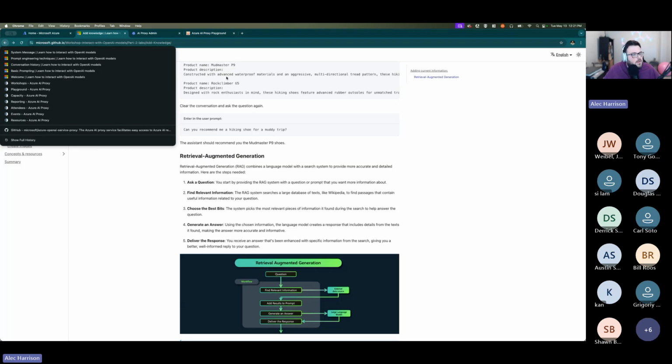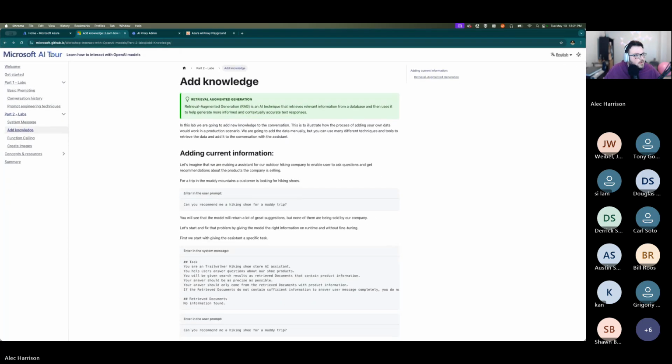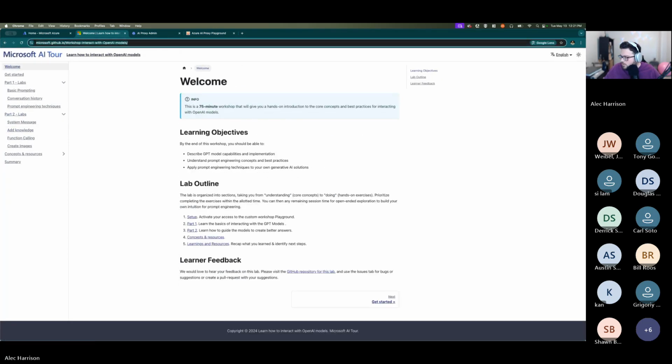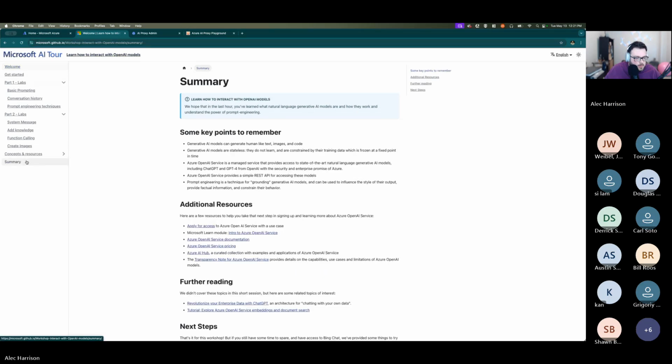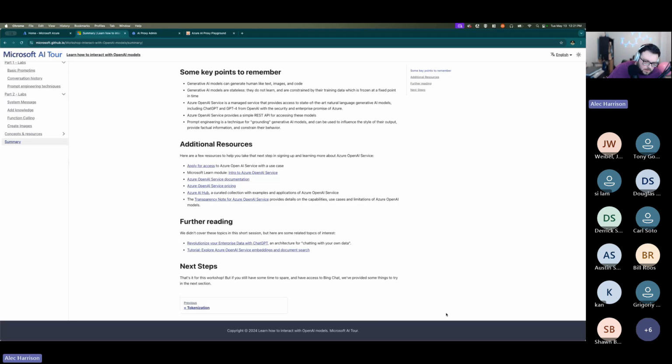Oh, yeah, I can share the link to this. Here's the link to the workshop, and I believe it was on GitHub and MIT and open source. It's probably... I can find the link.